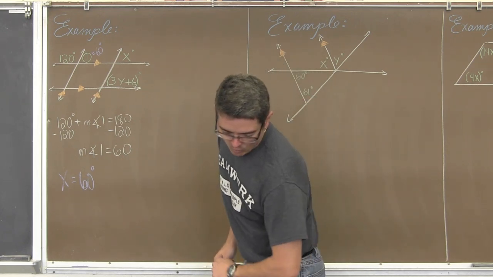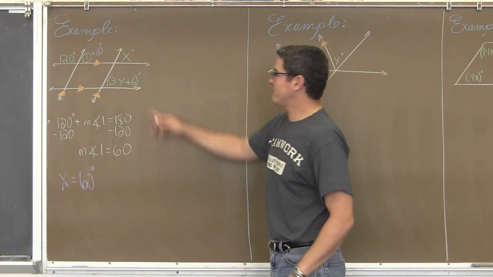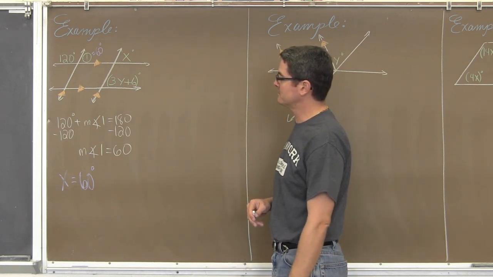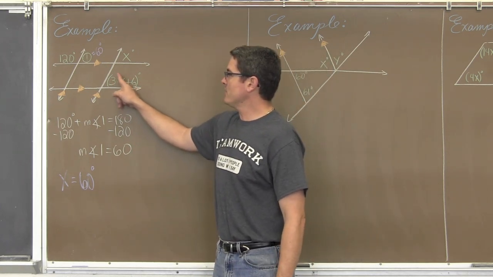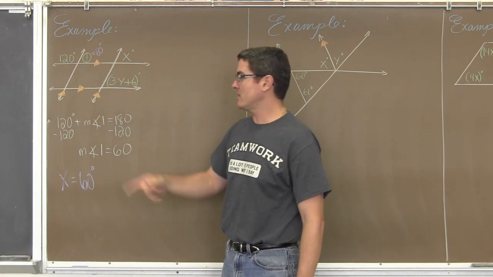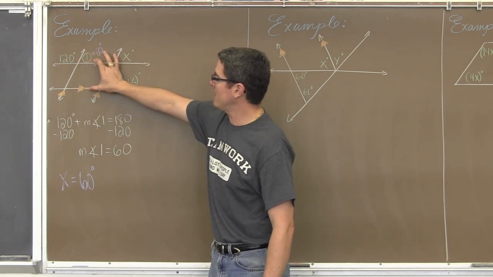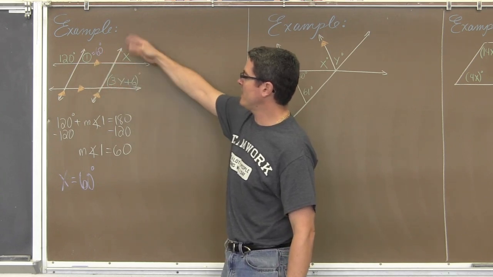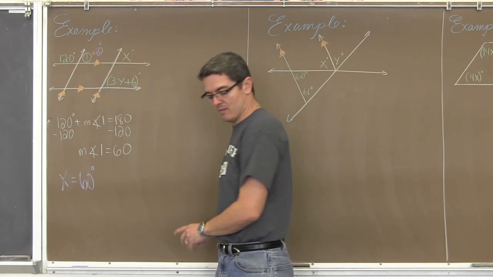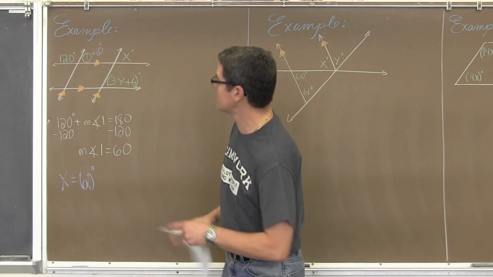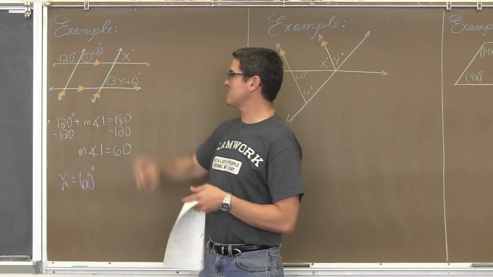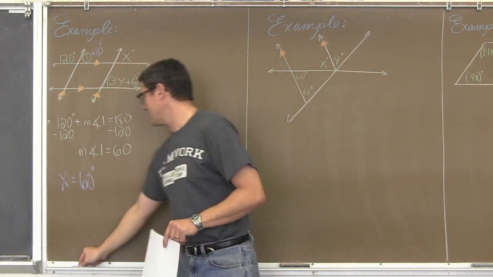And what we're going to do now is find out what y is equal to. Okay, well, as I look down here at this angle, which has an expression that involves y, I see 2 parallel lines here being cut by, now I'm going to be focusing on this part of the diagram. So let's once again cover up a little bit of this. I know what x is now, it's 60 degrees, so I could write that in there.